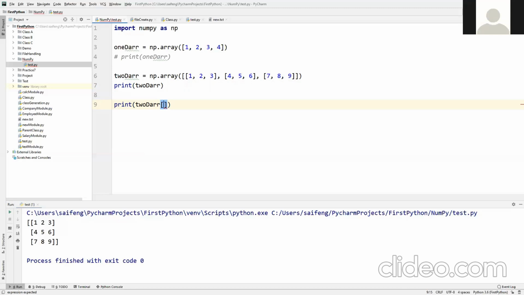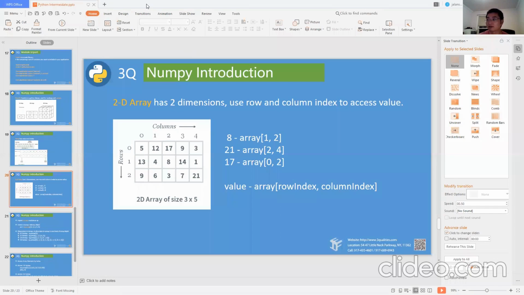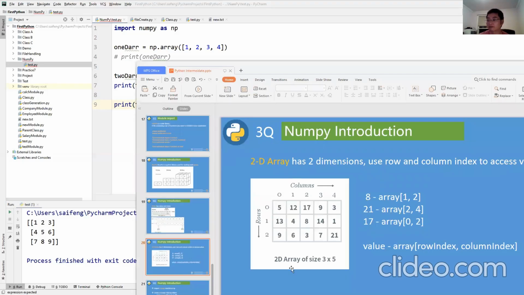I don't know. Anyone? Aston, are you able to answer that? Look at this example. What's the index of 5 here? Yeah, row 2, column 2. I know row 2, column 2. I'm asking you what's the index for row 2, column 2? Look at the example here.